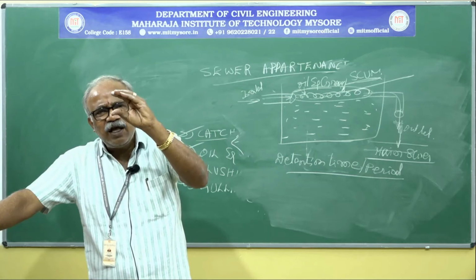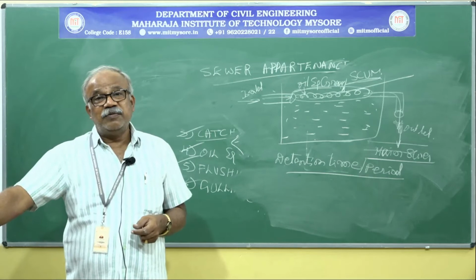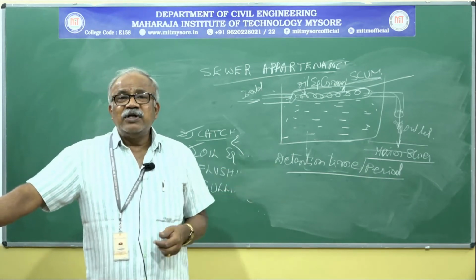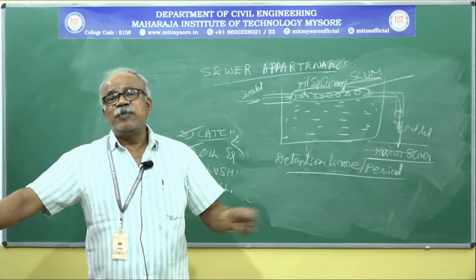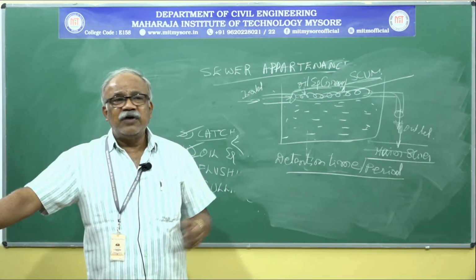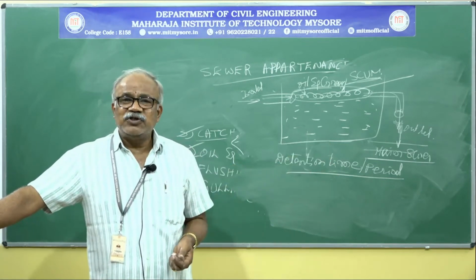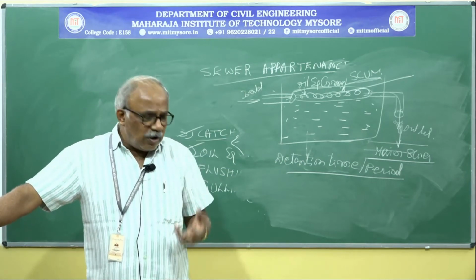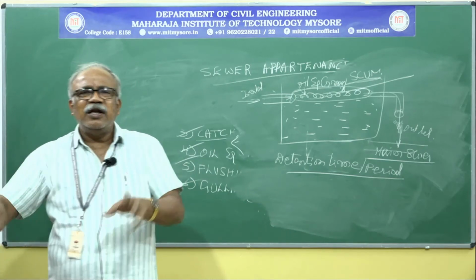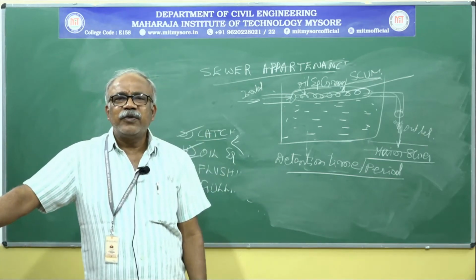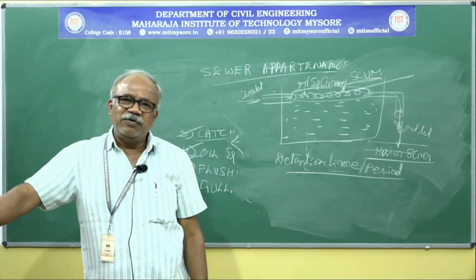According to that, you select a diameter, and there will be one inspection chamber. If you are generating wastewater in bathrooms, there will be one more inspection chamber. Where you are generating it in water closets, there will be an inspection chamber. So every pipe will be connected one by one automatically. Finally, everything is collected in a single chamber, and from that chamber you are directly connected to the municipal sewer.